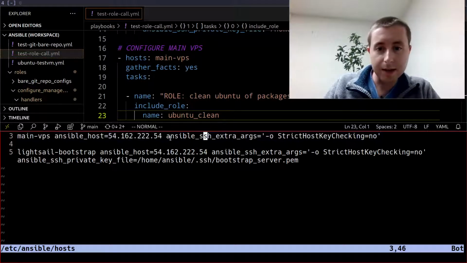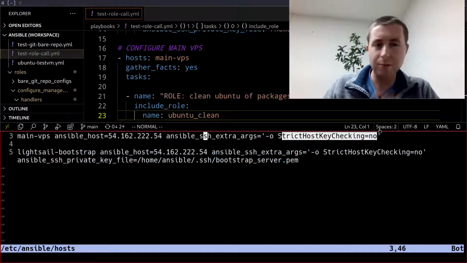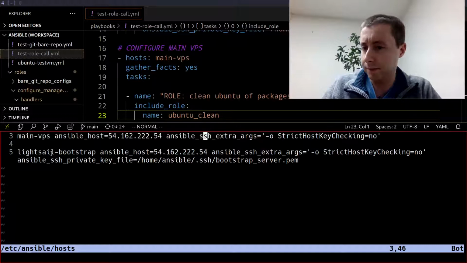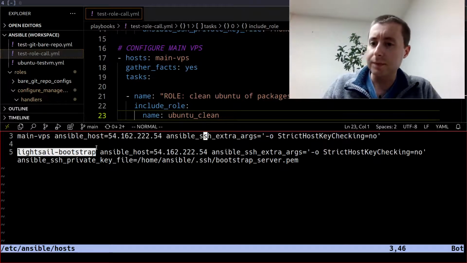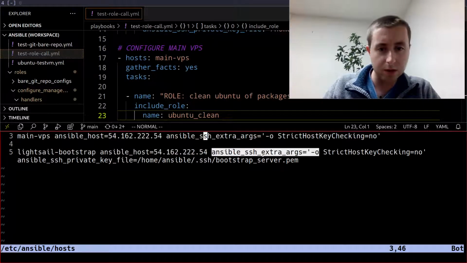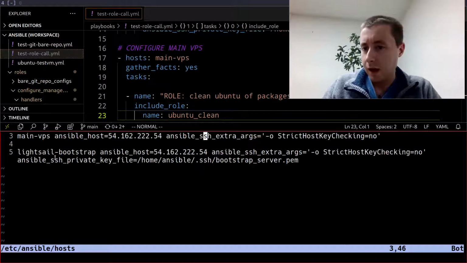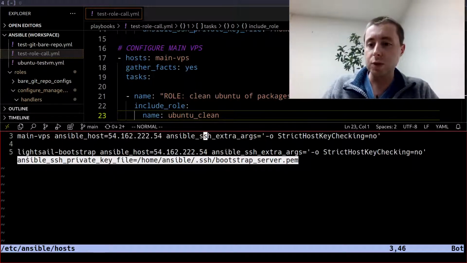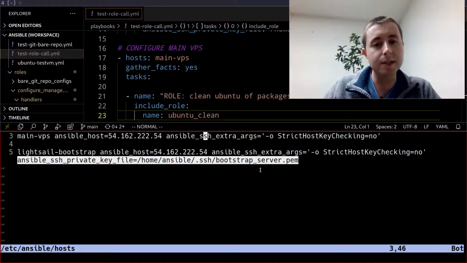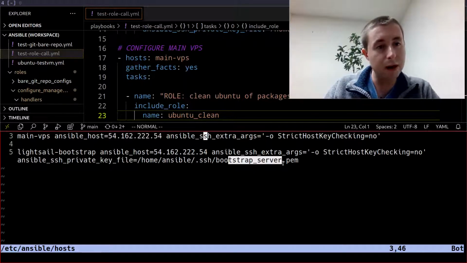I give it the IP, and these SSH arguments are not important for this video. It's for SSH key forwarding, key agent forwarding. Then the second entry is the exact same host, whatever other options you want. And then this is the important option here. You specify the private key file, which in this case is going to be that Bootstrap server private key that